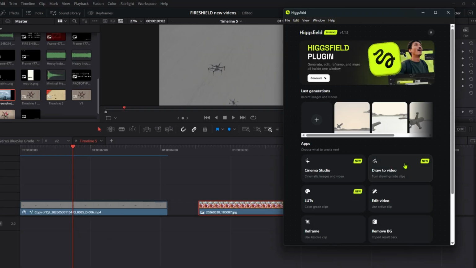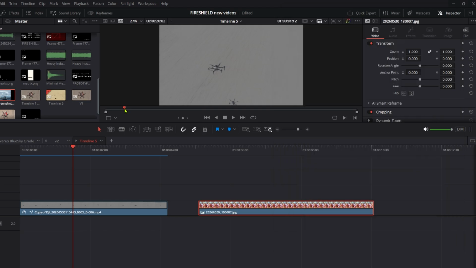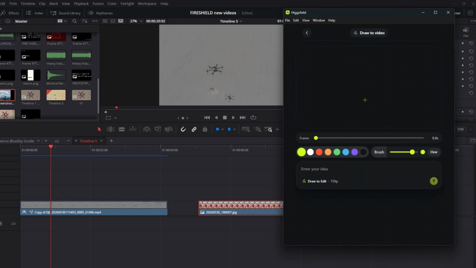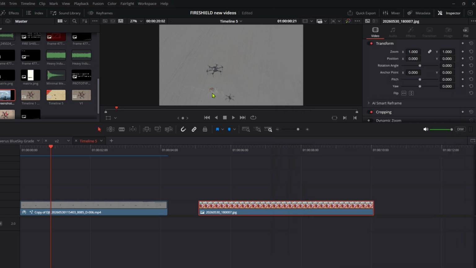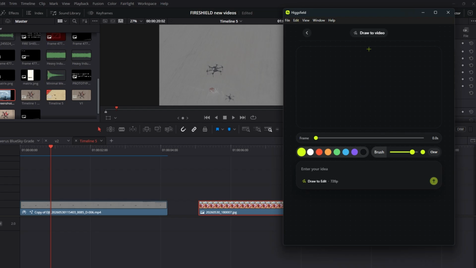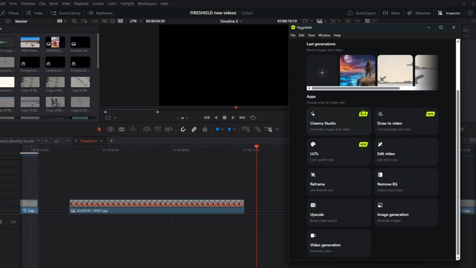Now see, draw image. Okay, so let's say I don't want this thing here, so I'm gonna get rid of this. So let's click on draw, and okay, should I do it here? But what is the frame? So this feature is not working. I think there are some bugs. They still need to fix it. So for now we are gonna try to use image generation and video generation just to see how it works